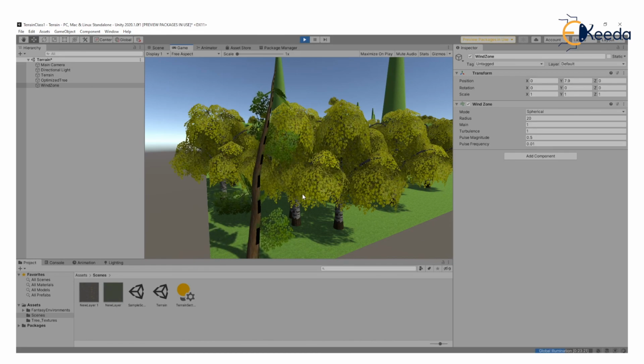One of the assignments I have worked on is creating a tornado where the leaves are getting sucked in because of the tornado. This is the kind of realism you can add because of Unity and all these effects present there. In our next lecture, we'll start looking at the physics engine of Unity, which is one of the most important things to look at, especially because a lot of physics is involved while you're making your VR experiences in Unity. So let's understand the physics engine in our next lecture. Thank you very much.